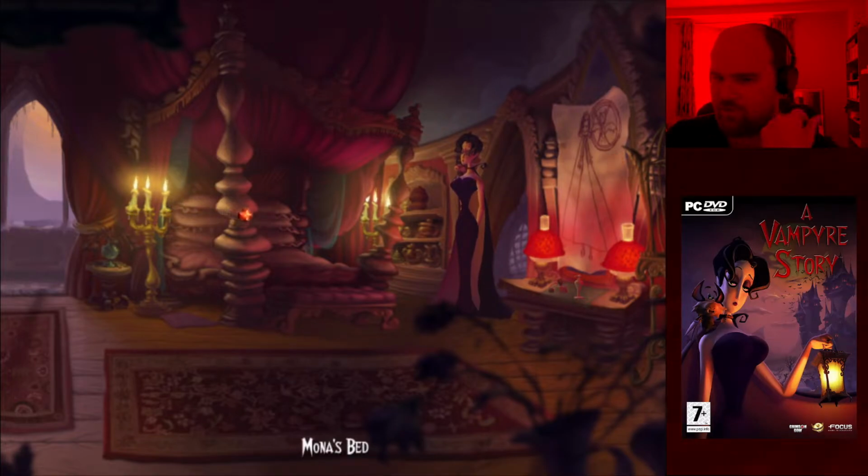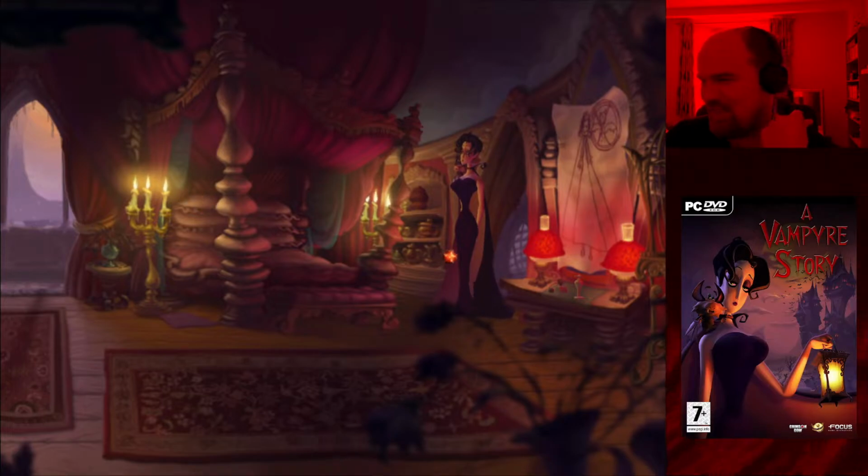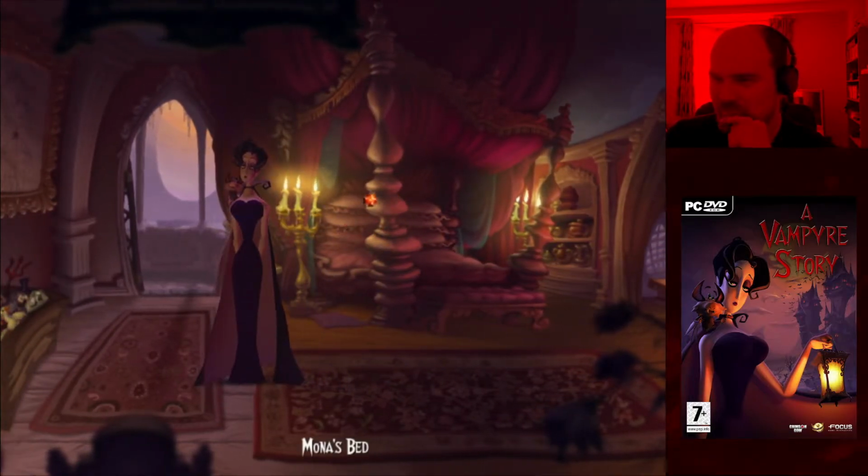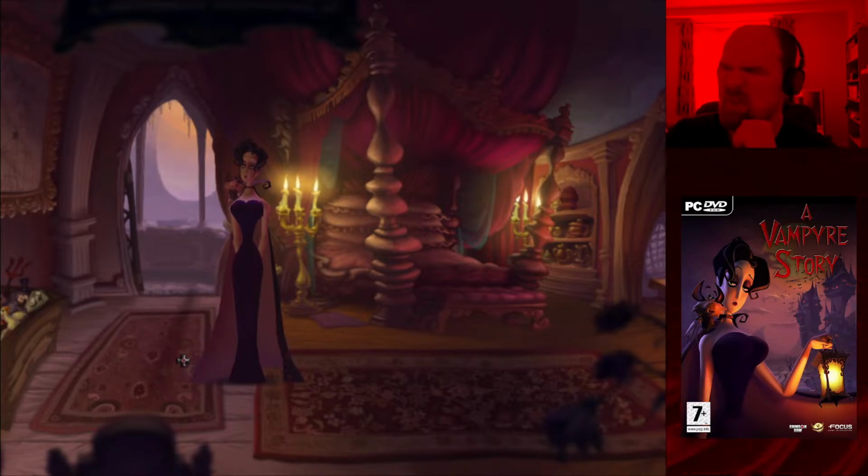Wait, you've got a bedroom? Wait, I thought you slept in a coffin. How do you have a coffin and a bedroom? Maybe this is just for her own sense of denial. It's like, I'm not a vampire because I've got a bed, and I occasionally lie down in that box. Occasionally, like, oh, okay. Do you sleep in the coffin during the day and sleep in this during the night?